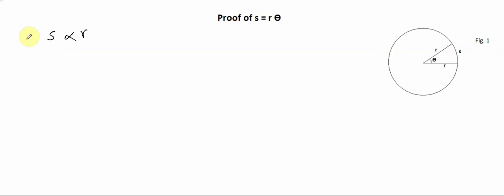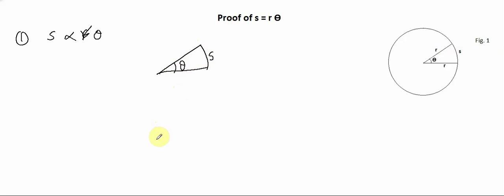So our first task will be to show that S is directly proportional to theta. So how do we show this? One way to show this is by using integral calculus. So we are going to integrate the length of the arc. So the first thing that we will do is we will consider a certain angle theta, and we will calculate the length of the arc using integral calculus,